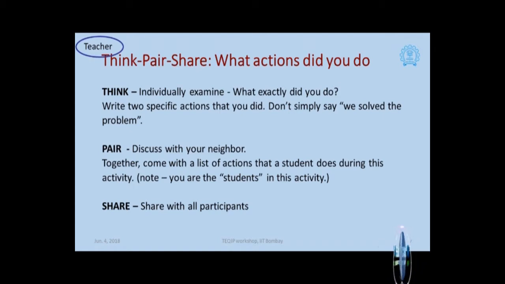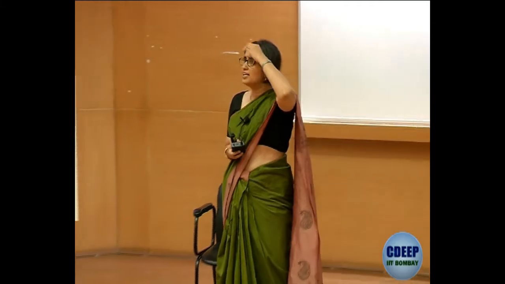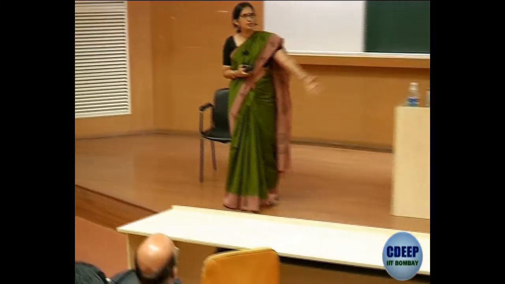Multiple things are happening. So in order to deconstruct this method, let's actually see what all you did. And actually, let's go through this together. Instead of doing it as yet another activity, we'll do it together. So individually, let's just share as a group, what all did you do as an individual? Let me start with the first one. You read the question and you came up with some answer. What else did you do in the second phase and the third phase? Especially those who changed their answer. There are at least 10 people who raised their hand. If you change your answer, what were you doing when you were talking with someone?